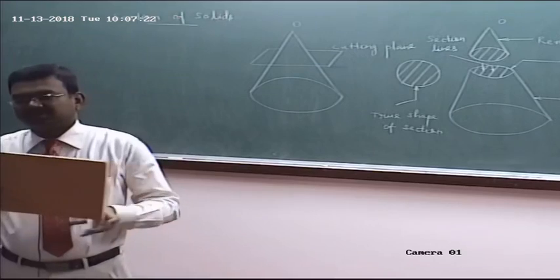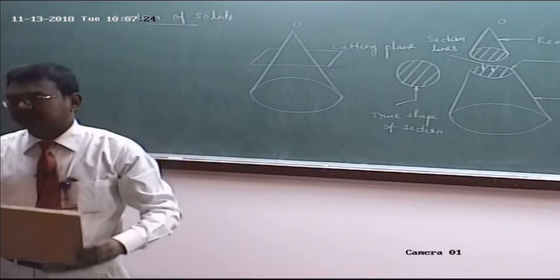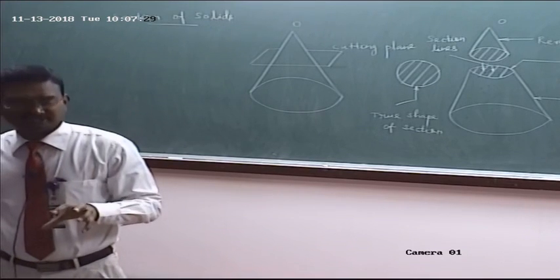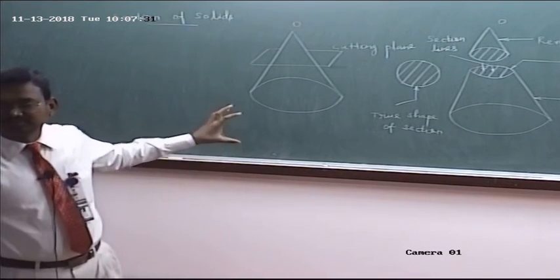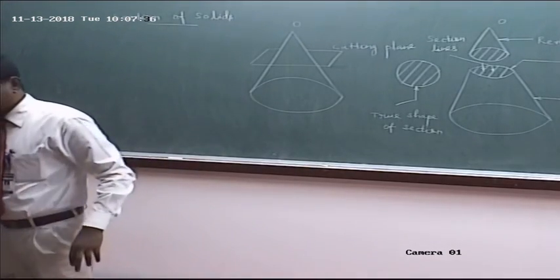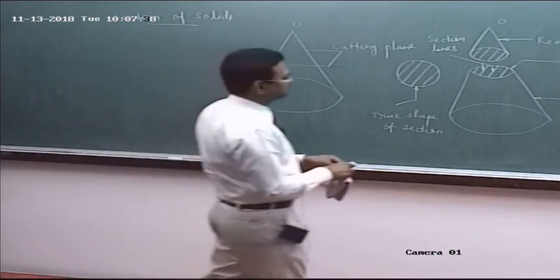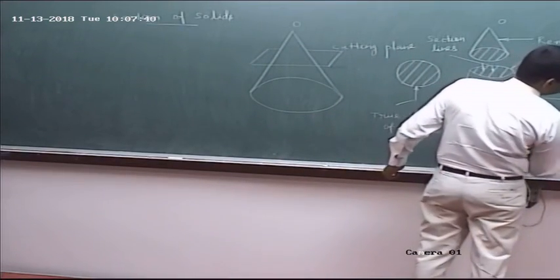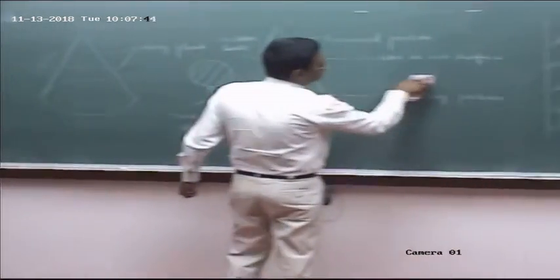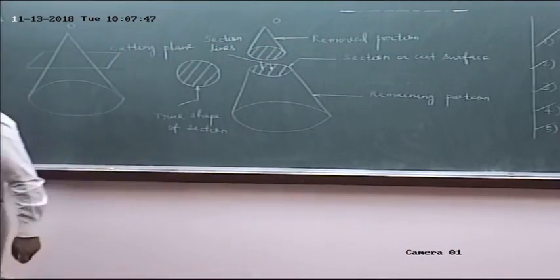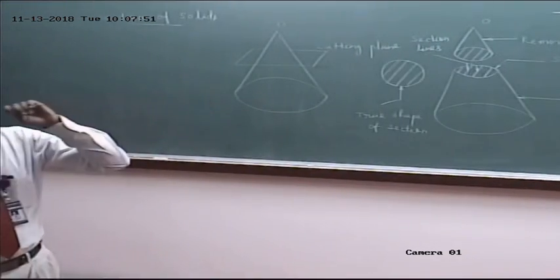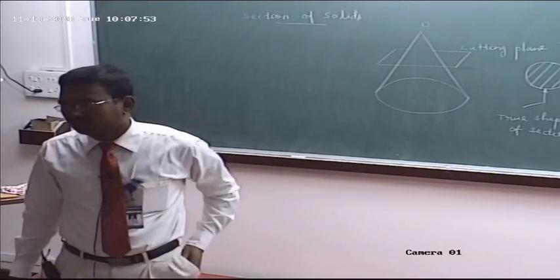Imagine the cone is cut by a cutting plane which is perpendicular to HP, parallel to VP. Then remove this portion. Next draw the image of the cut surface with its remaining portion onto VP. This is called a sectional front view. The sectional view may be a sectional front view or a sectional top view. Did you understand about sectional view? So these 5 terms are frequently used in the chapter section of solids. Do you have any doubt?